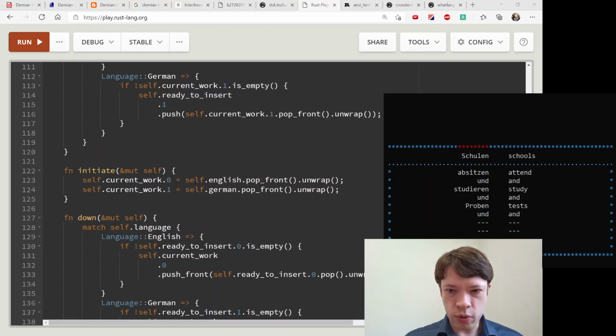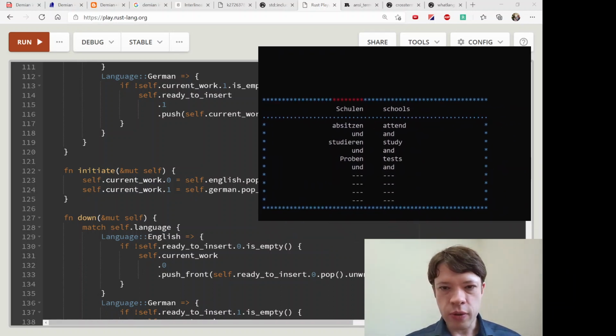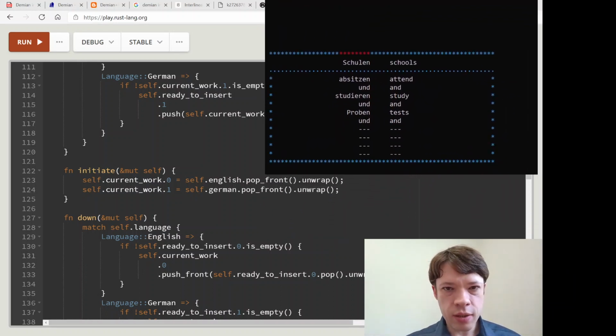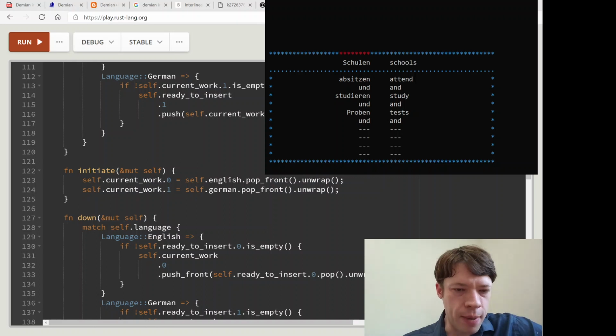Window capture 2. There you are. So this initiate, you can see it brings in a mut self, so it's going to change it. And what it'll do is the current work. So this is the part we're working on right.